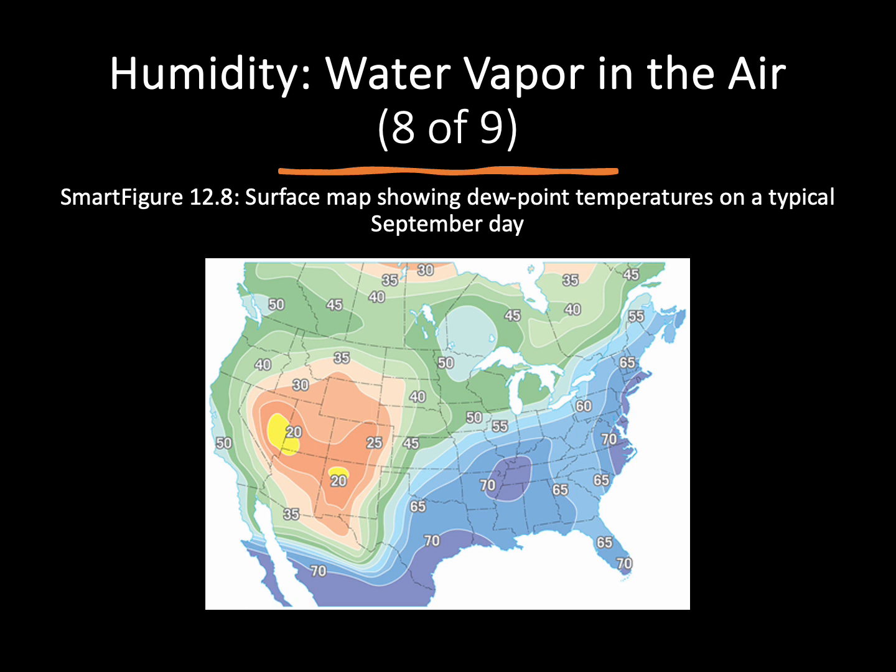But let's look out west, like in Arizona and New Mexico. In order to get precipitation in this really arid region, the air would have to cool down all the way to 20 degrees, which is very unlikely. And this is another reason why we find those deserts